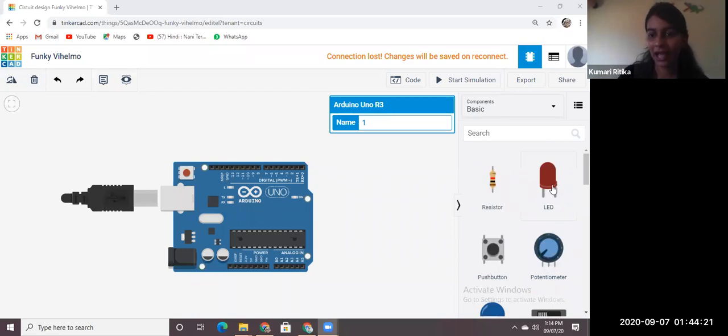Okay, let's turn on an LED. If you are doing it on mobile, it will create a mess. The mobile screen is very small, so some components may not show properly. So it's better if you see the class, and then after the class you can try it on mobile, or if you have a laptop or PC, you can try it on that. Okay.